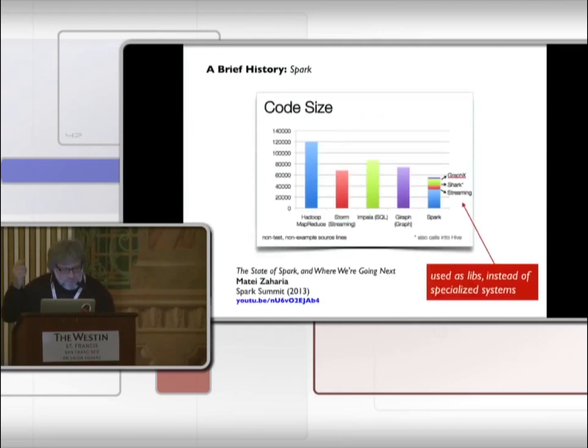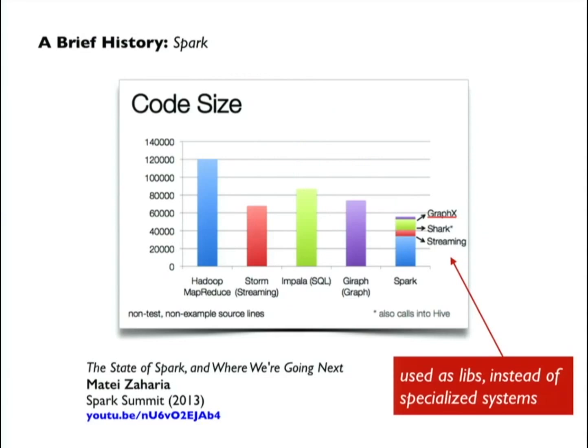So we see proof in the pudding here, where if you compare the code base, it's interesting, just as a metric, to look at the amount of lines of code in the MapReduce API for Hadoop, a certain number of lines, getting the streaming function out of something like Storm, a certain number of lines, looking at a SQL implementation like Impala, looking at Giraph. If you compare that with what's in Spark, just off of the basis of RDDs, and then adding these other libraries for streaming and graph, et cetera, it's about a 7-to-1 ratio in terms of the amount of code. And putting my engineering director hat on,